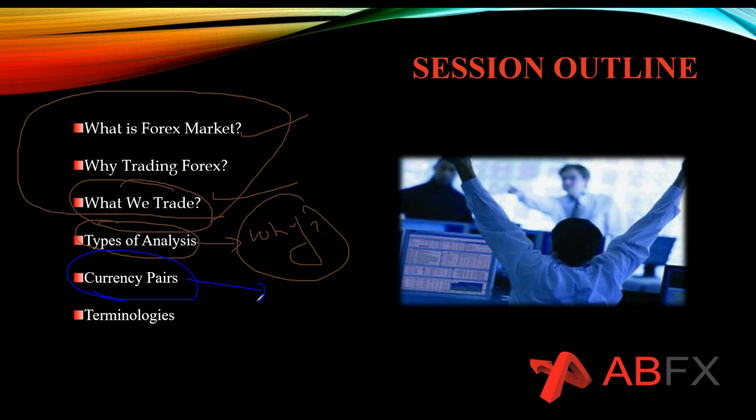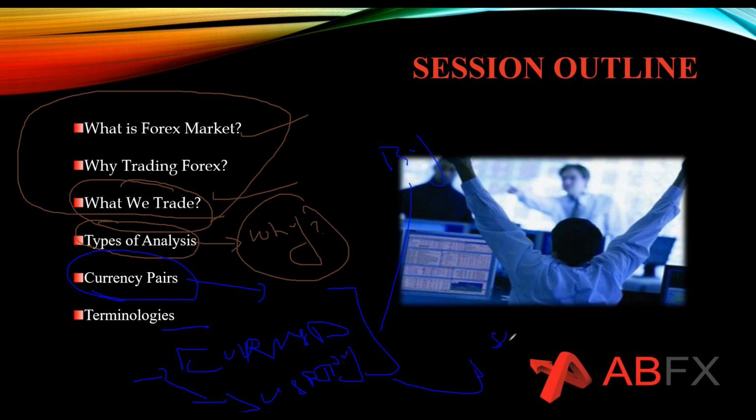Although, guys, this is something which is not very hard to understand, or maybe you will think that this is not very important. But the thing is that for newbies, this is confusing. For instance, what you need to do with the euro USD, and then we have also USD JPY. What you need to do with both of these, whether you need to buy or whether you need to sell, when there is a probability that the dollar is going to get stronger, there is going to be a different treatment for both of these currency pairs. So that is the reason why we are going to talk about different types of currency pairs,